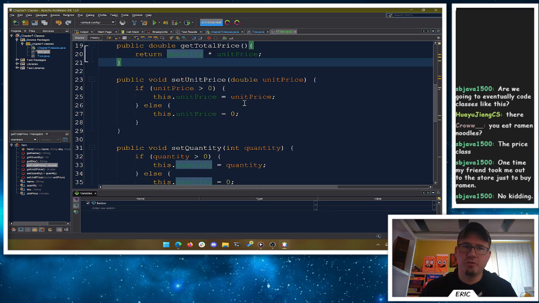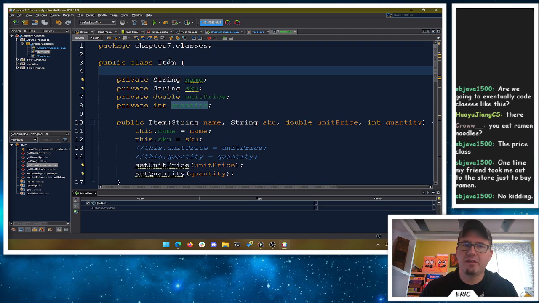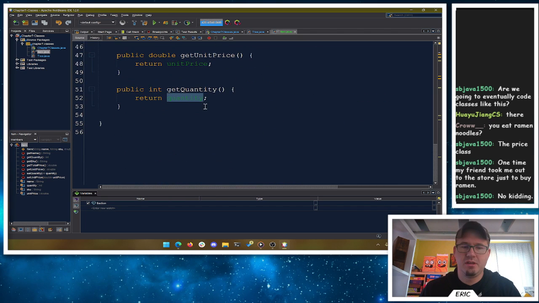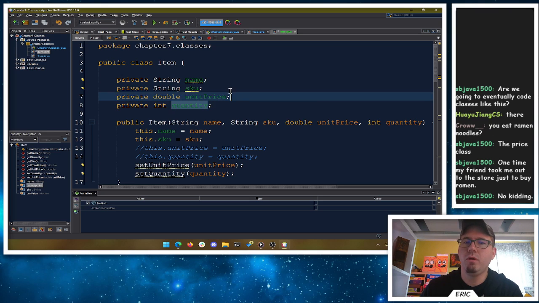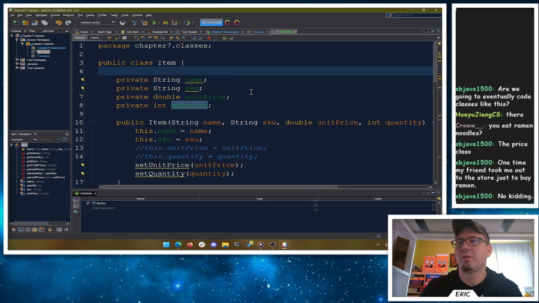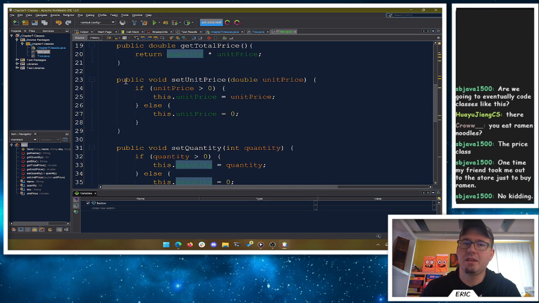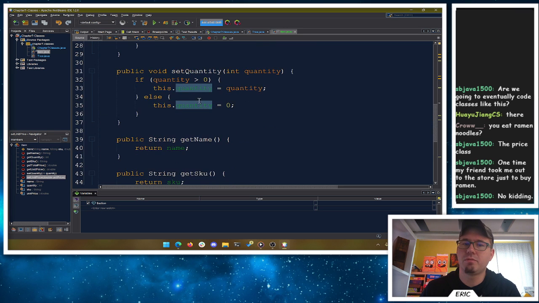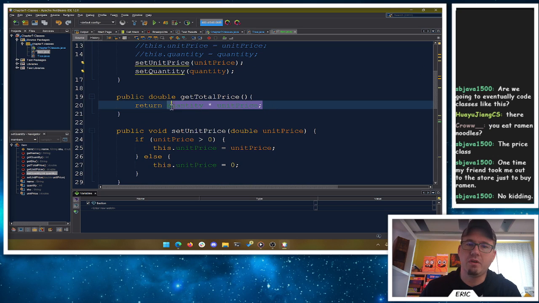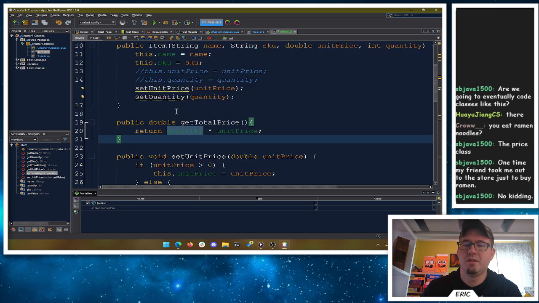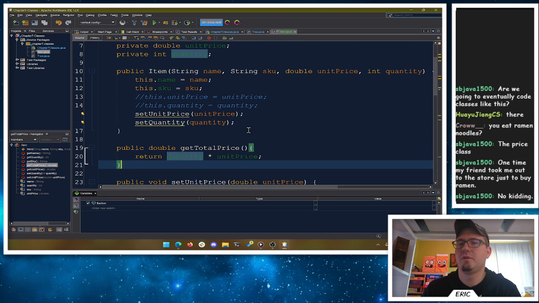So we've written a bunch of code here. All we have is the class for item. Okay? How do we know that it works? What would we do to make sure that it works? And make sure that, hey, I can't give it a negative value for unit price, I can't give it a negative value for quantity, and that I'm properly calculating a total price. What would we do with what we've learned so far?